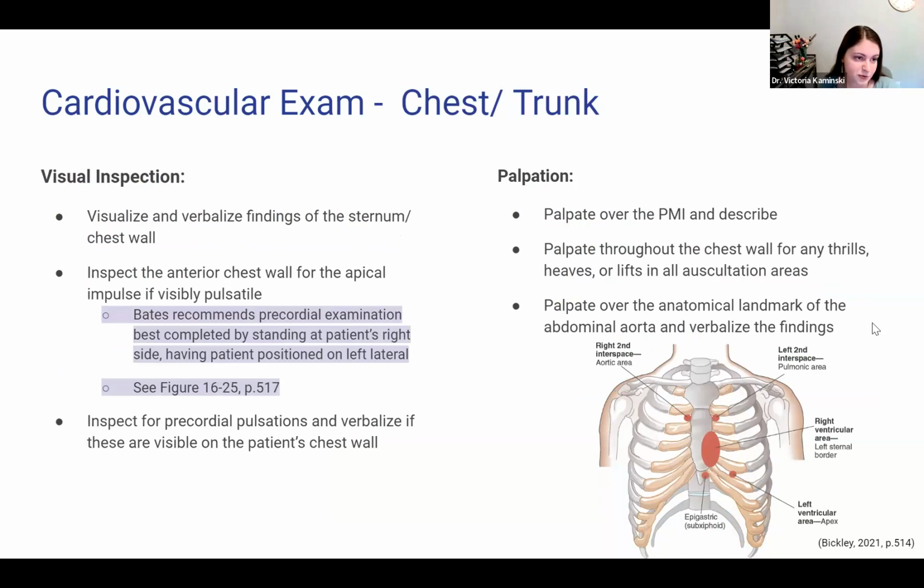When it comes to visual inspection of the chest and trunk, you need to visualize and verbalize the findings of the sternum and the chest wall, and that does not involve exposing your patient. If your patient does feel comfortable as a female being in a sports bra or a tank top, that's preferred. If your male patient feels comfortable with their shirt off,